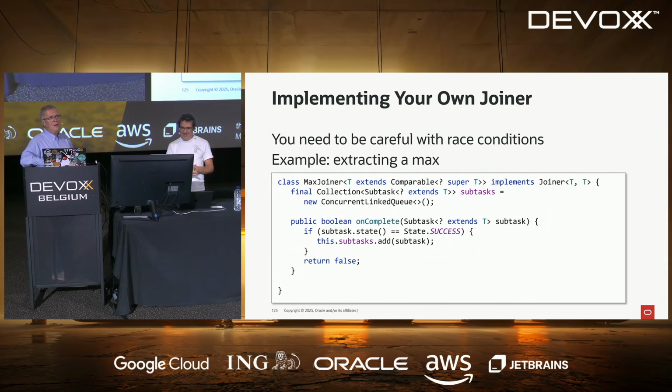Okay, so you need to have a concurrent-aware collection if you do that. And by the way, ConcurrentLinkedQueue is not a list, so now you have a collection. If you're just doing a stream on it, it's really not bad. But you need to be aware of that. And you also need to be aware that you need to have a field that is either final or volatile. And this is what you showed on the joiner.